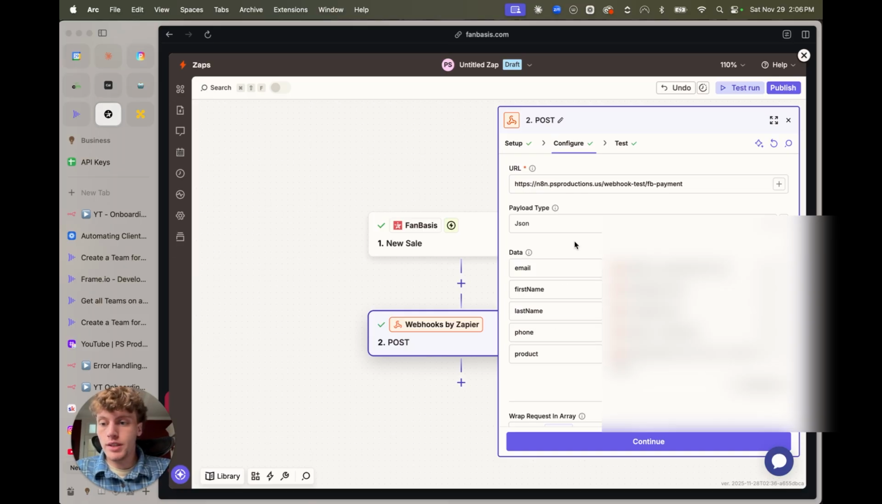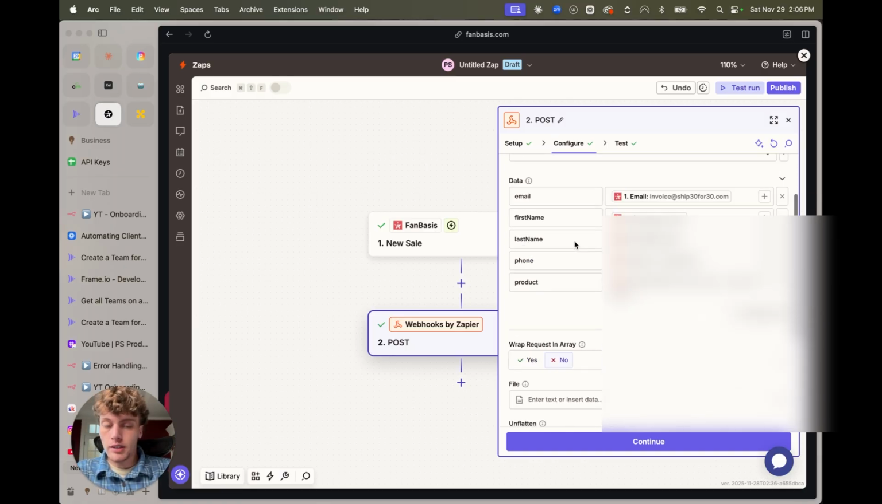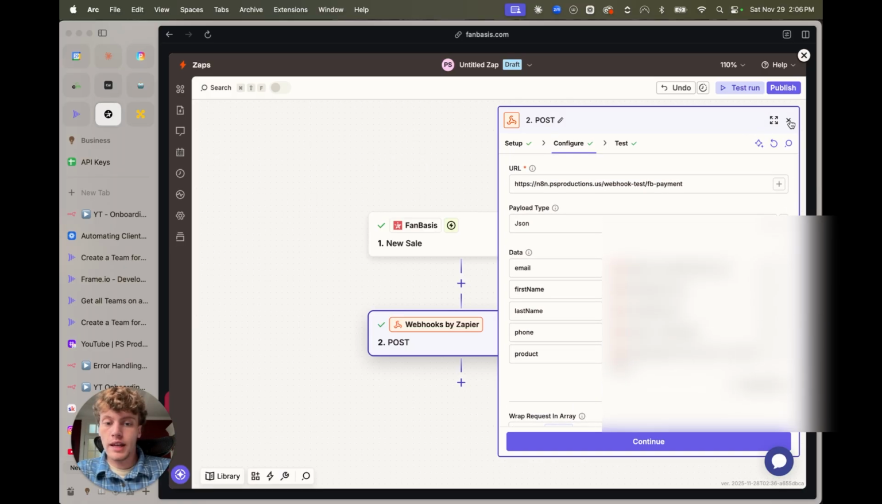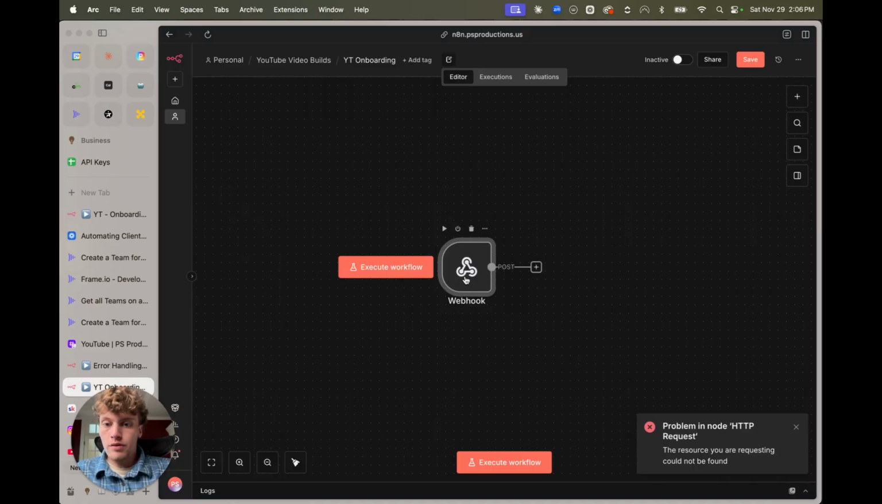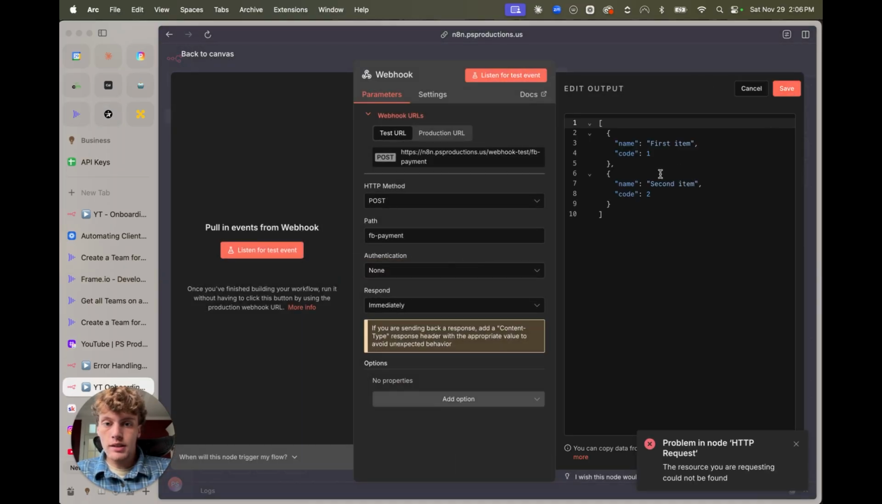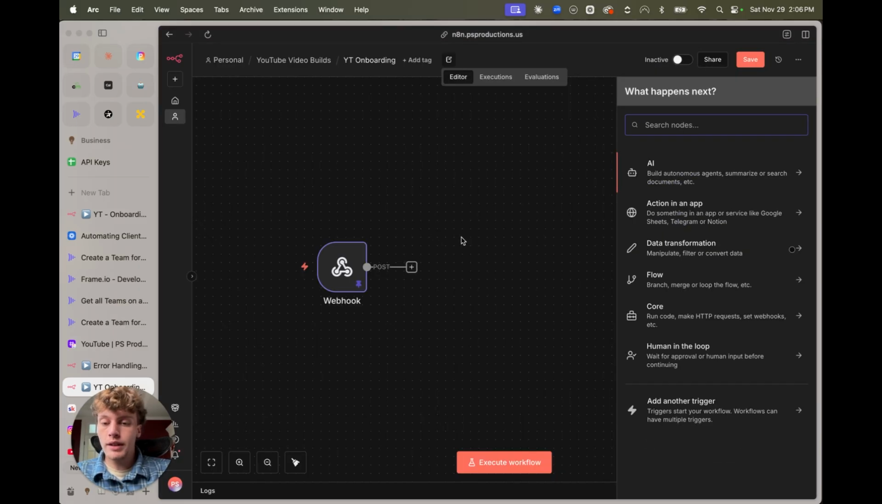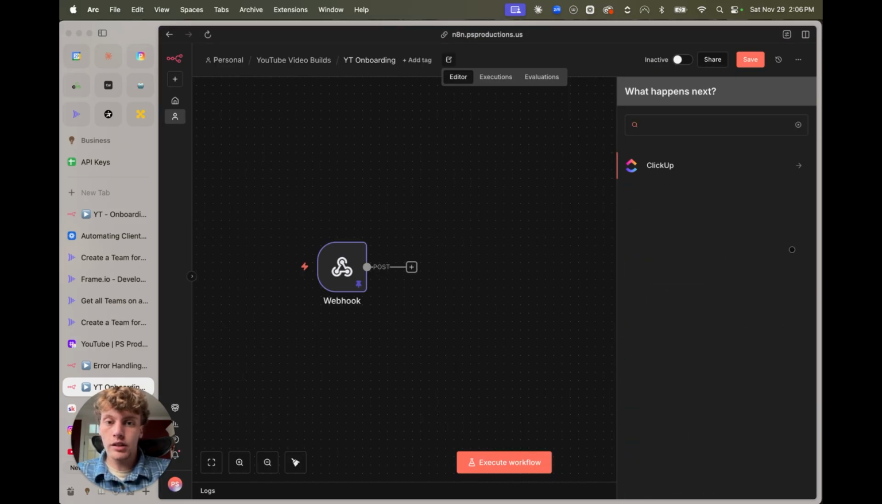So you can add more than this, but bare minimum, you want to collect the email, their name, phone, and what product they bought. So probably going to want to collect payment amount as well, but that's enough for what we're doing. For the purpose of this automation, I'm just going to toss some test data in there and pin that. After the webhook, the next thing that we're going to want to do is add a ClickUp node